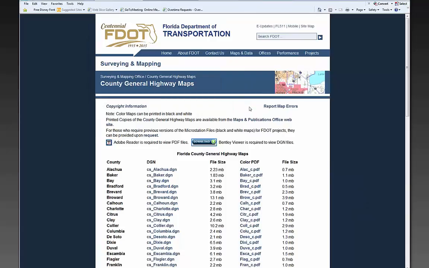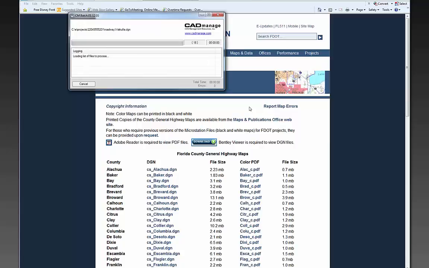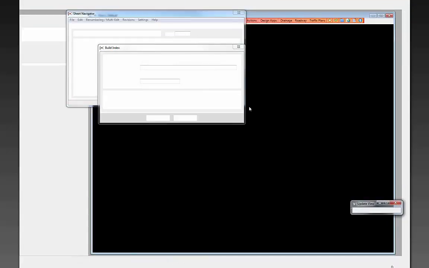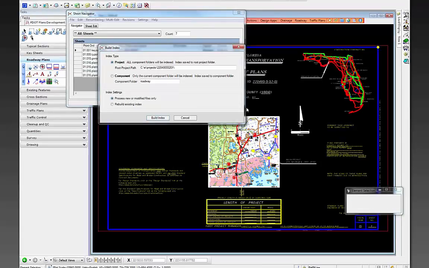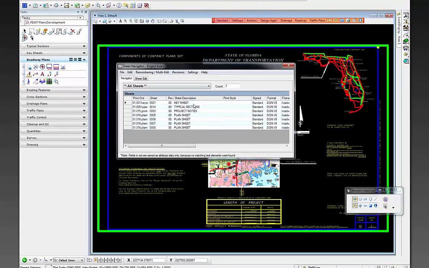And a batch process will go through all of the DGN files and build an index of the sheet files that are in your project. And once your index is built,